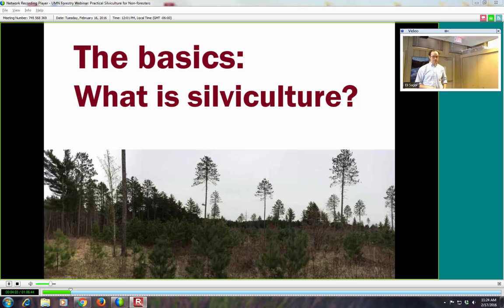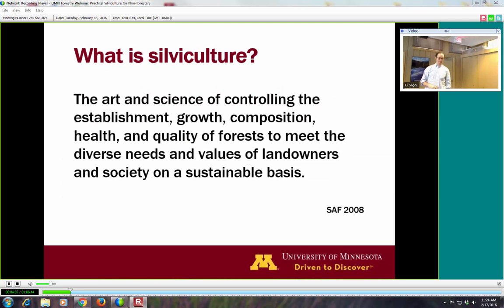So, the basics. Let's start with what is silviculture. The definition most often used for silviculture is right here on the screen. I'll give you a moment to read it. So the two words that most of us focus on when we're thinking about really defining silviculture are art and science. What I'm going to be talking about today are a series of tools, a series of ways of thinking,